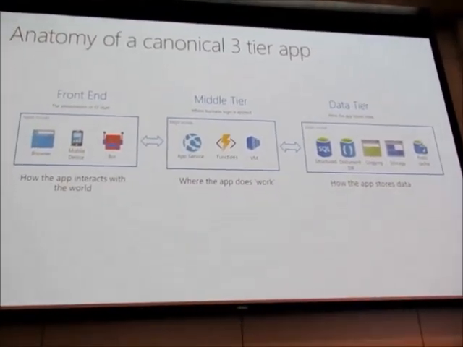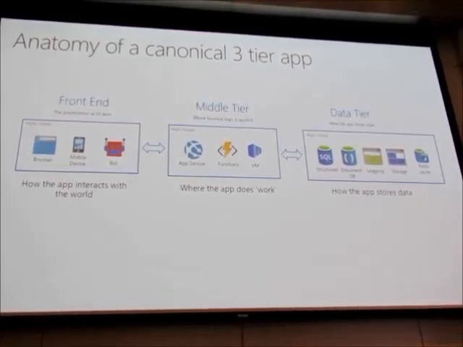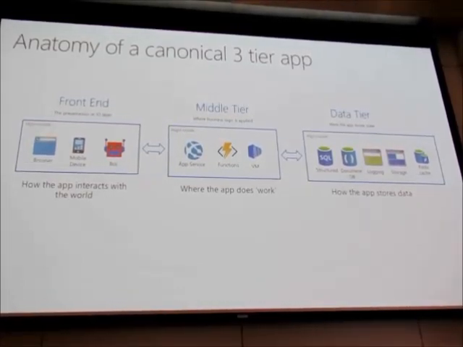Let's say there is a feature A, and feature A will have its own front end. It will have its own middle-tier component. It will have the database component. In the case of a monolithic application, all the features will have one service called the front end. All the features will have the middle-tier component. All the features will share the database component. So that's where it differs, but technically all of the applications will have these 3-tier components.